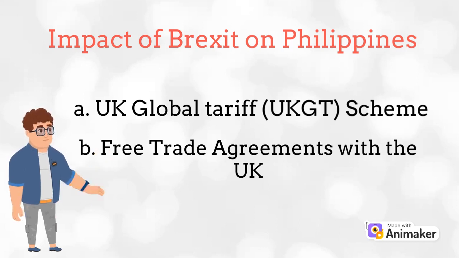It follows an 8-digit to 10-digit coding system based on the Harmonised System, HS, 2017 version. UKGT is composed of ad valorem duties, specific duties, combined tariffs, and seasonal tariffs. B. Free trade agreements with the UK. Although bilateral trade between the PH and UK remains small, negotiating it after would still be